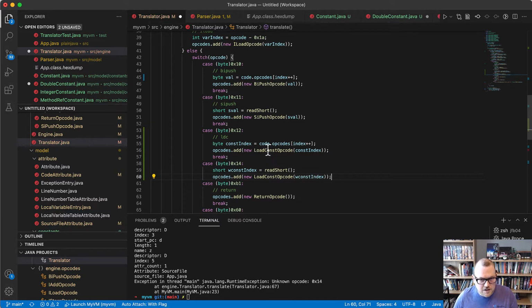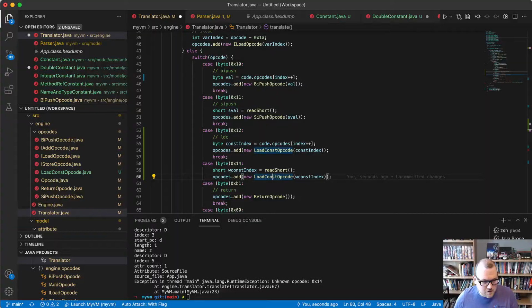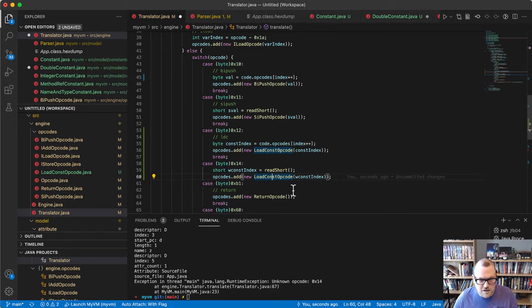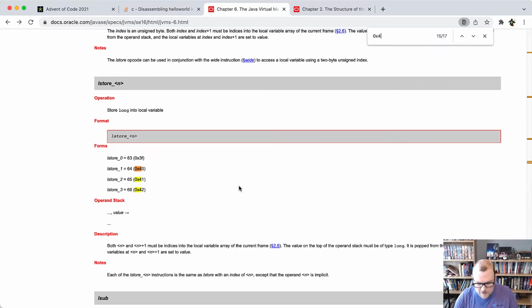I'm not sure we really need 2 different ones here. This thing already took an int as our const index. The reason they seem to have 2 different opcodes is because, first of all, the index into the constant table can be larger, and they're doing something special to push the double, but we don't really do anything special because our constant object just knows how to push itself. So this might be okay. We're probably going to hit another opcode we don't know. Okay, 48. It's probably our double add,